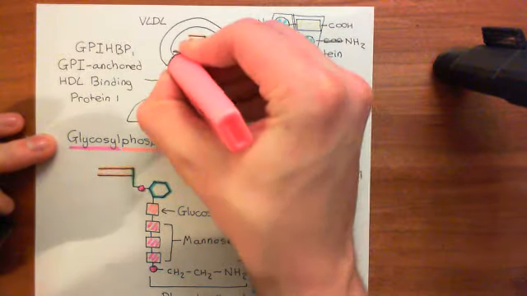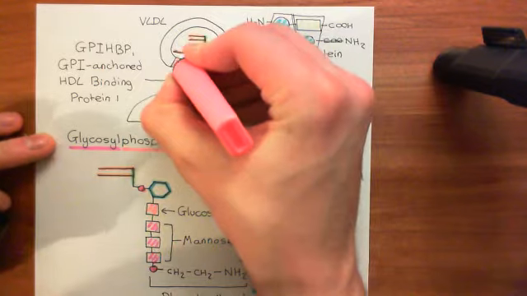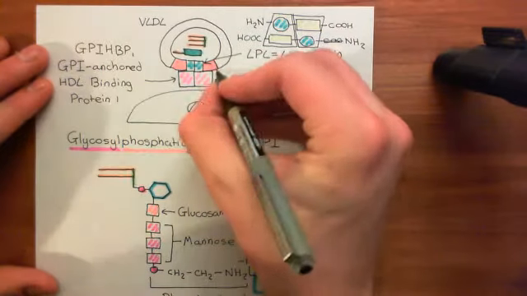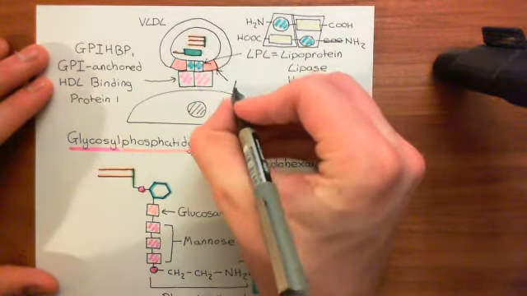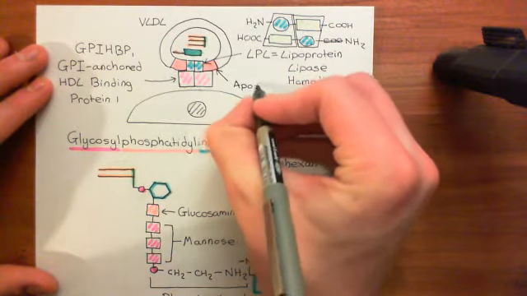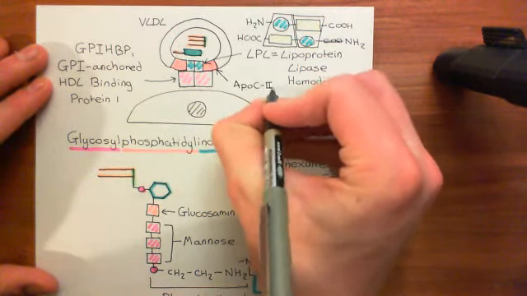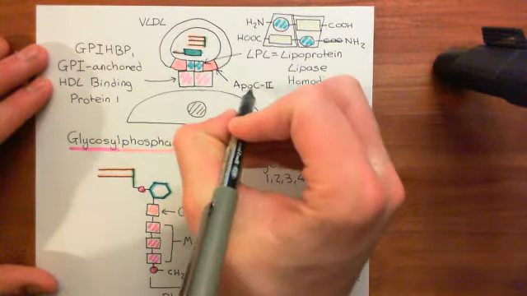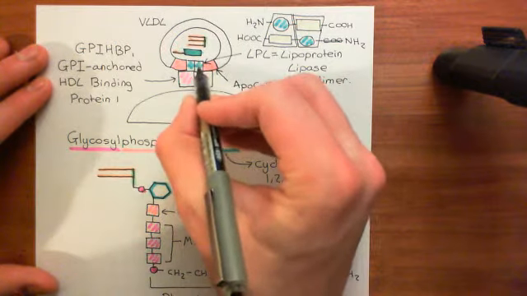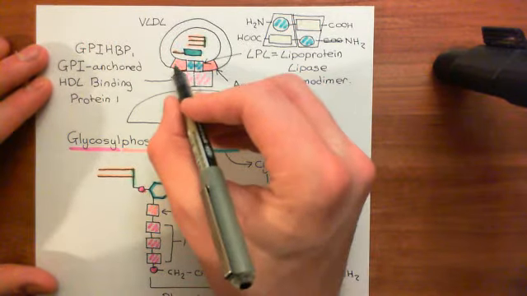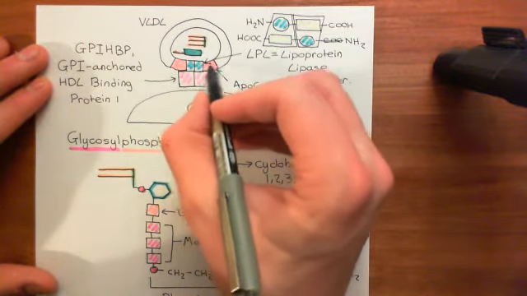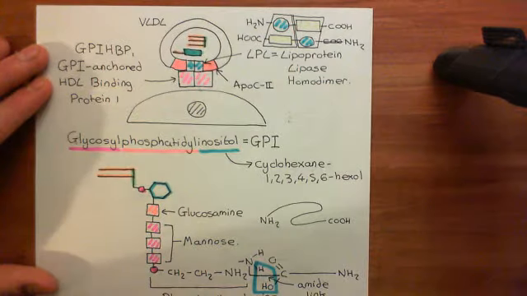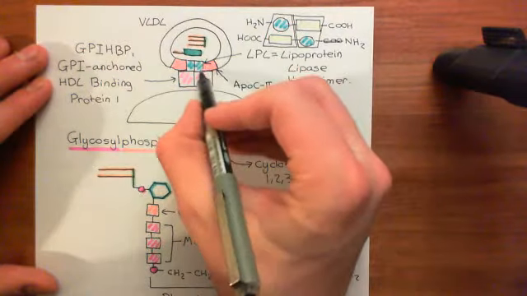So when I told you the 3 main apolipoproteins which were present within the very low density lipoprotein phospholipid monolayer, apolipoprotein C2 was one of them, okay, along with apolipoprotein B100 and apolipoprotein E. So, one apolipoprotein C2 molecule will bind to one of these lipoprotein lipase molecules, and another will bind to the other. Okay, and when the apolipoprotein C2s bind to the lipoprotein lipase homodimer, what will happen is this lipoprotein lipase